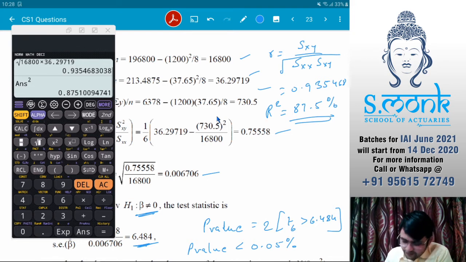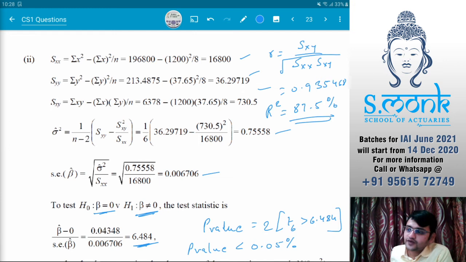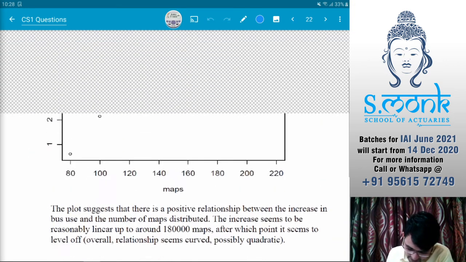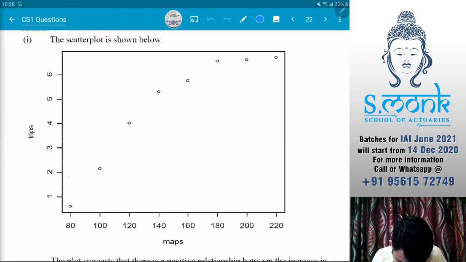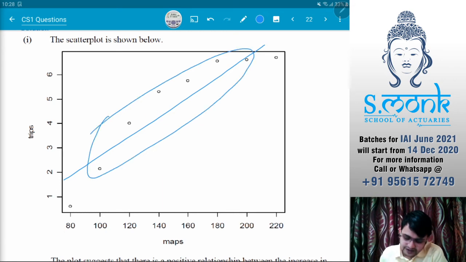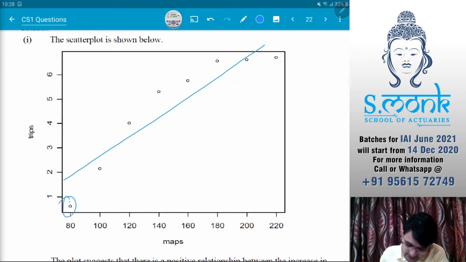So 87.5% is a very good representation. It's not a bad model. It's just that extreme values are not very well represented. So this is our graph. Most likely our line would go something like this. This tells us that at least these values are very well represented by our line. But extreme values like these and these will not be very well represented.